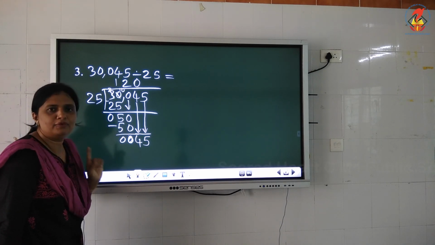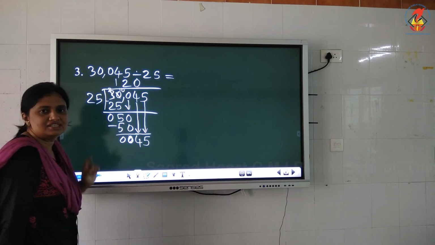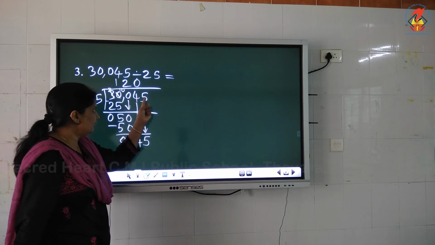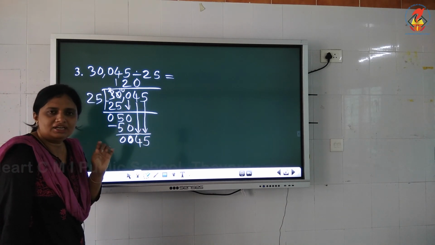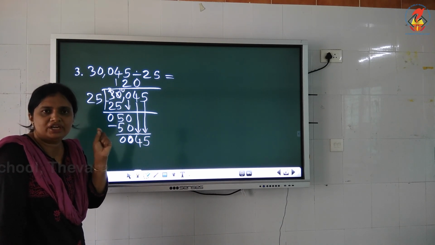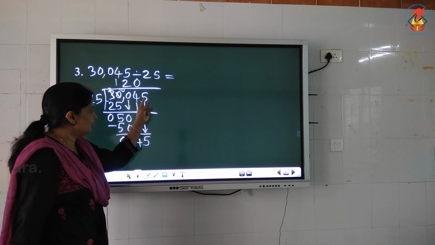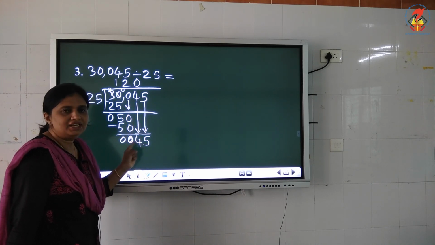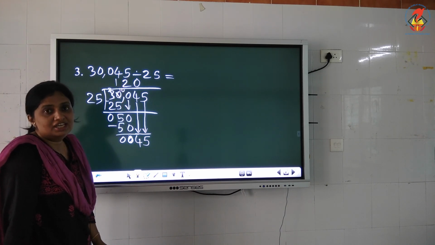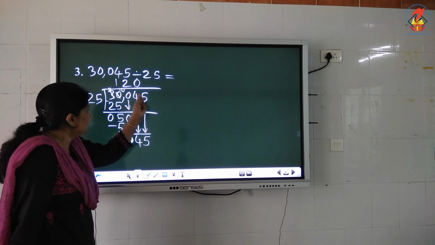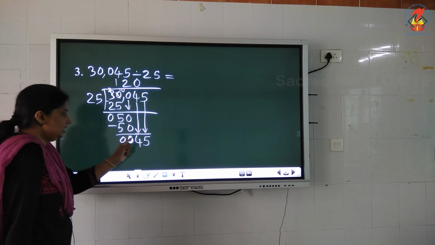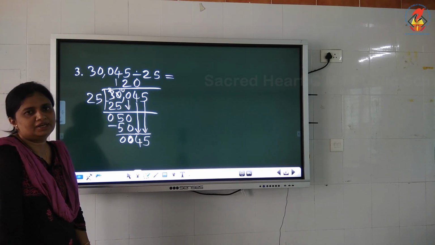But we got only 4. 4 is less than this divisor. So what can we do? We can't do anything. So I need to take one more digit down. That I can't take it like that. For each and every step I can take one digit down. If I want to take one more digit down, I need to put which number in the quotient? 0 in the quotient. After that I can take next digit also down. Is it? Then it will become bigger number, right?